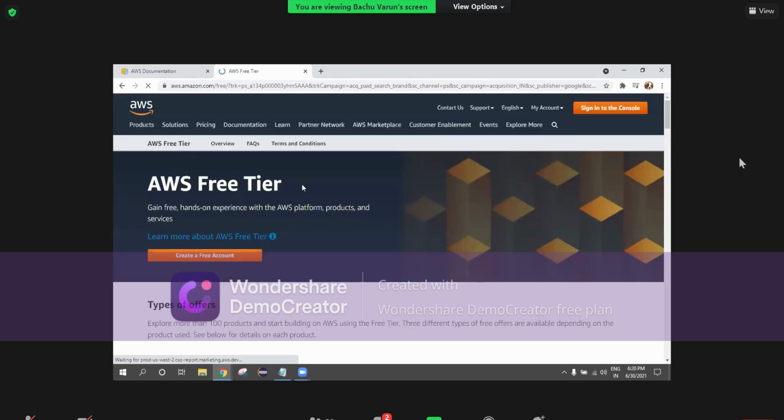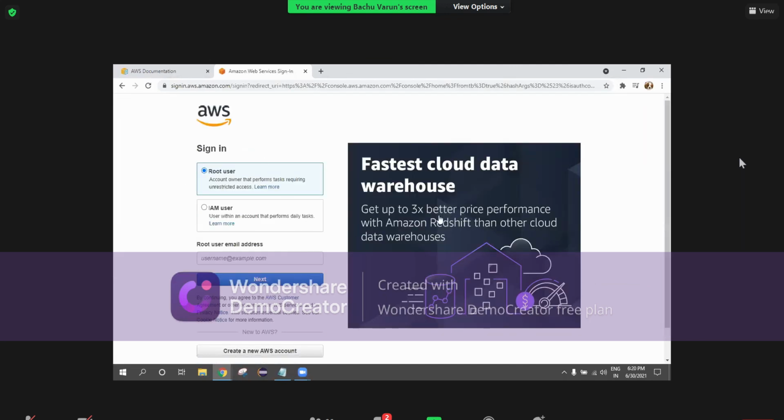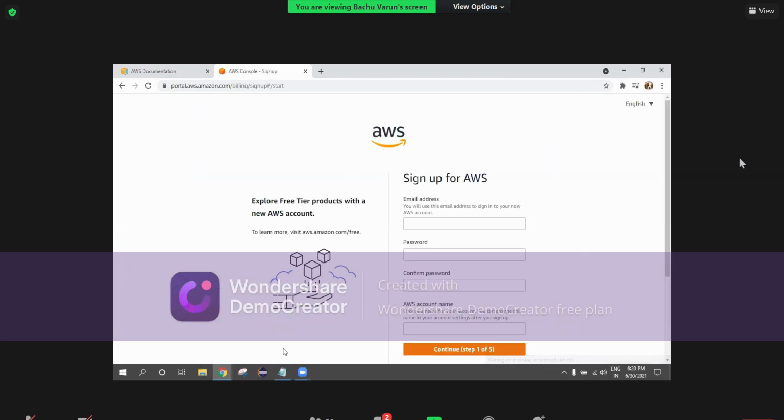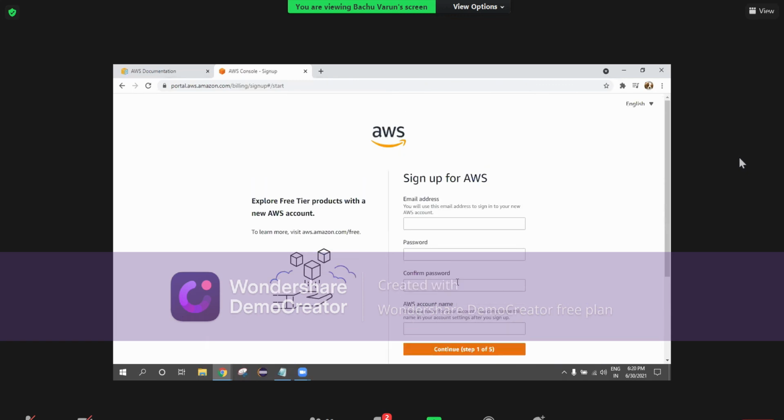So at aws.amazon.com, you're going to use sign into the console. Here is the option: create a new AWS account. Click on create a new AWS account and follow all these steps. Provide all the information and follow the steps from here. It will be created. There is no big task here, but whatever is asked should be provided. If it is asking for PAN details as mandatory, provide it. If it is not mandatory, you don't need to provide. Hope everyone is clear till here.